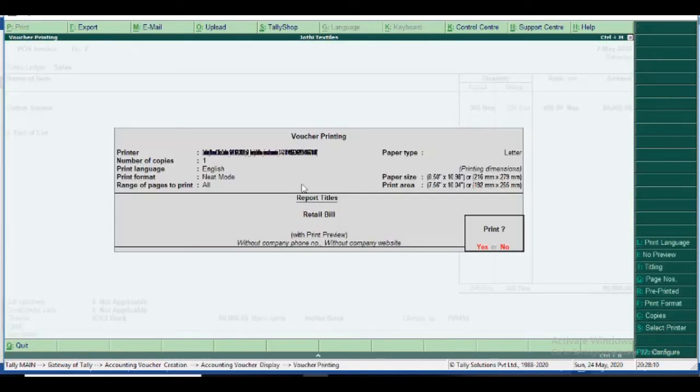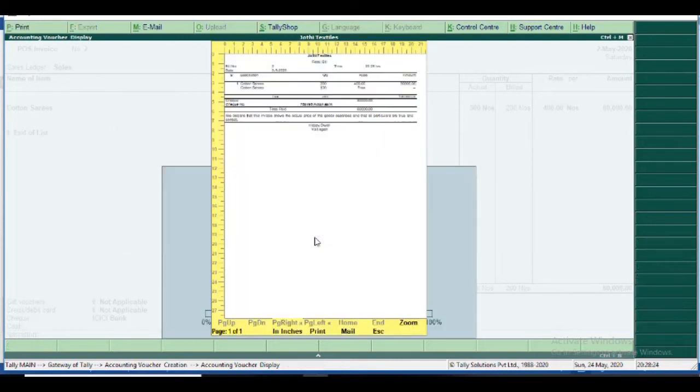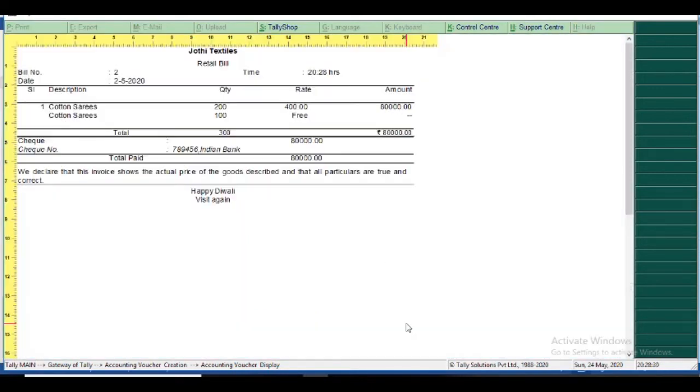The printing screen appears. The previous entry I gave with print preview enabled, so it automatically comes with print preview. I enter, and the print preview screen comes. I zoom in.